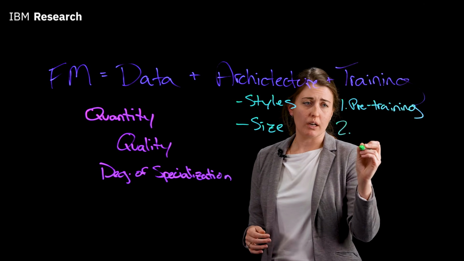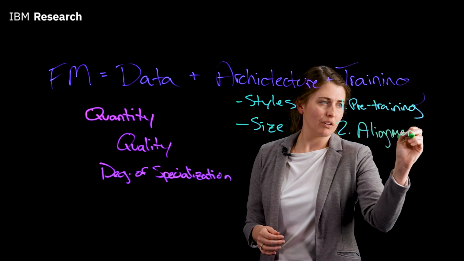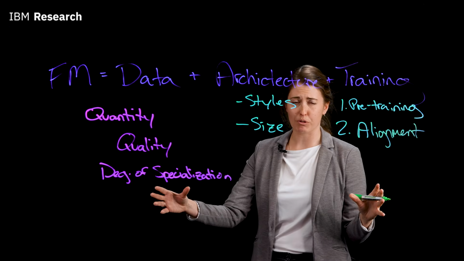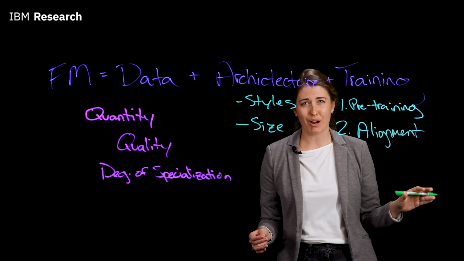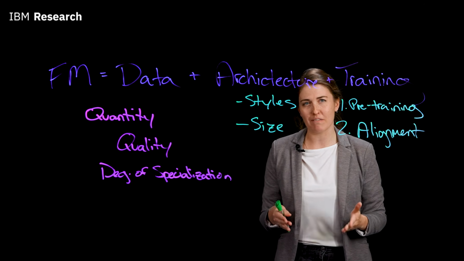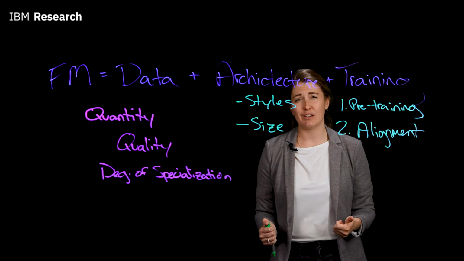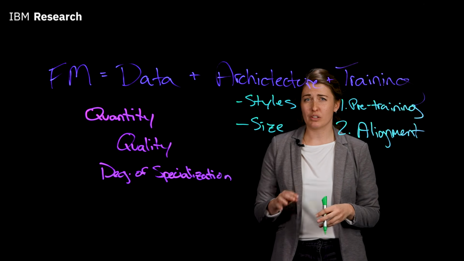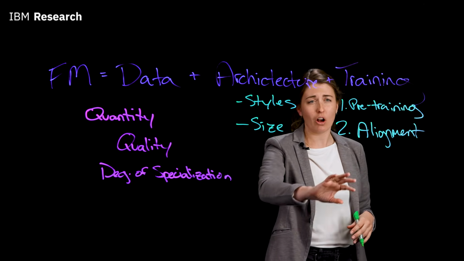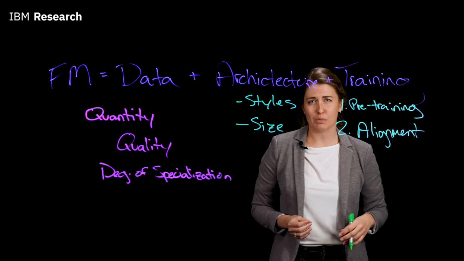After the initial pre-training, there's a really interesting phase called the alignment phase, which is when I take my pre-trained model, but it's not ready for prime time yet. I need to polish it. I need to align it closer to my values of how I want my model to behave. Values such as safety and trustworthiness. There's an active area of research along alignment and how to do this effectively and as efficiently as possible.